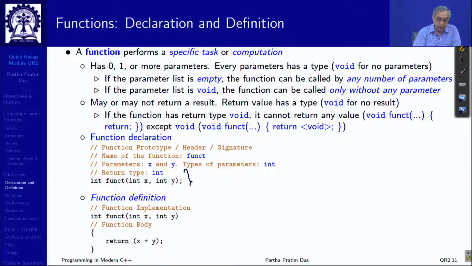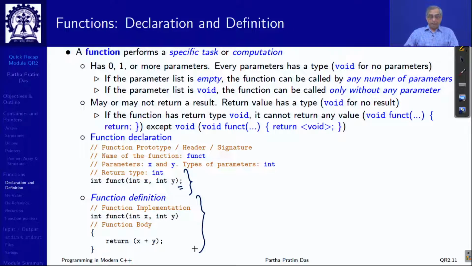So, we talk about function declarations, which have a return type, function name, and a list of parameters with type and the formal parameter name. In the declaration, if I just terminate it with a semicolon, which we refer to by different names, some call it declaration, some call it function header, at times we call it the function signature, any of these. Then what you are saying is how to call this function, what parameter types to pass, what return type to expect, and what the name of the function is, but we are not saying what computation it is doing, which is the part of the function